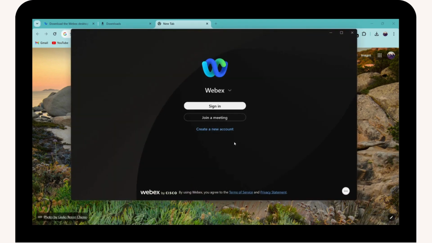Now your WebEx has been installed. You can simply sign in or you can create a new account and you can use the application. So that's it. That's how you can